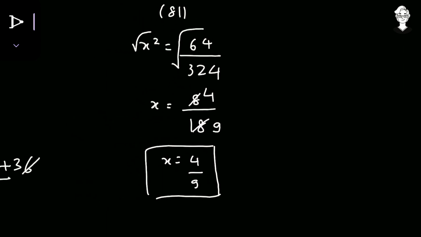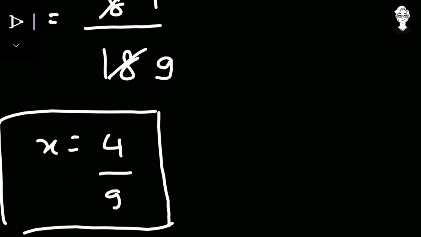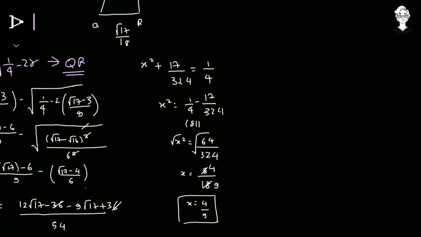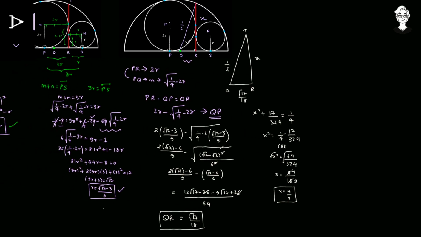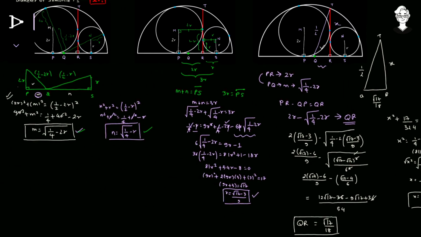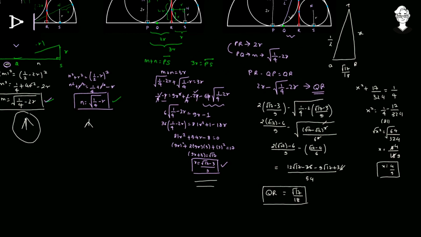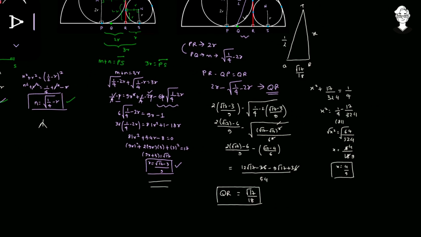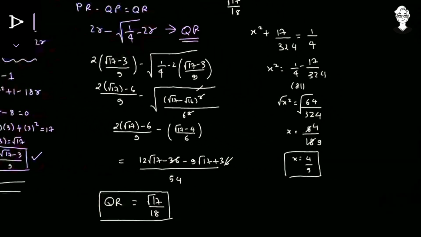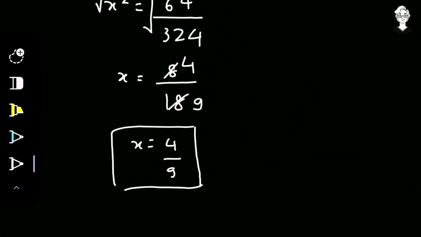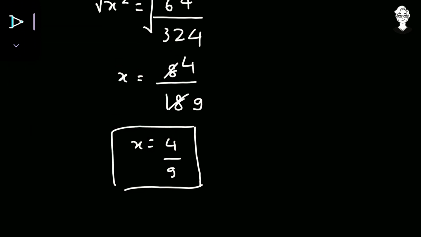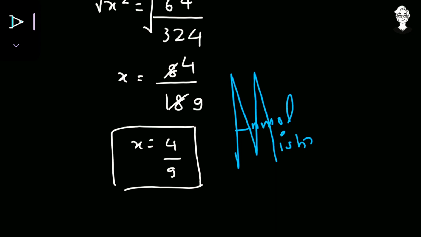The value of x in this particular diagram is equals to 4 upon 9, and we can say that this number is going to be very small according to 1. So yes, this number perfectly fits, we can just do a check there. This thing we did in 3 steps. The first step was finding the value of m and n. This was utilized to find the value of r. Again, this m was utilized to find the length of segment QR, and after that the mightiest theorem, the Pythagoras theorem, to find the value of x, that is 4 upon 9. So this was my method to solve this particular question. I did this in 3 steps, the first step, the second step, and the third step you can see above.